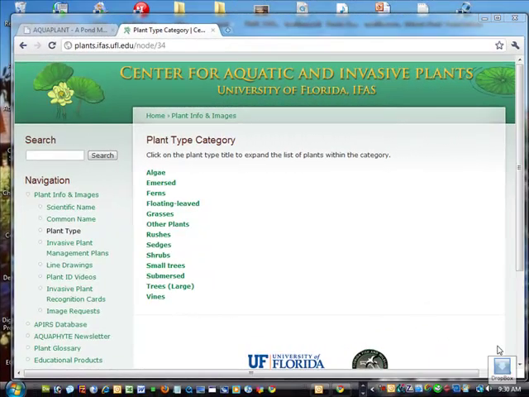Hi everybody, Mark here from PondAlgaeSolutions.com, and in this week's pond tip I want to provide a couple resources for you that you can use to help you clearly identify the type of plant growth that you might have in your pond. This is important, I believe, because depending on what you actually have,